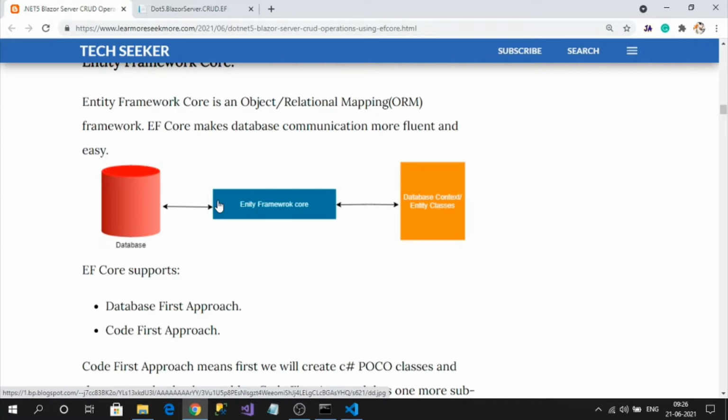Okay, so there should be one parent class in our application code that is called DbContext. So what does DbContext mean? I mentioned that every table should have an appropriate class in our application. So all these classes should be registered in this DbContext class. This DbContext acts like a database in our application, so it has the capability to communicate with the database. That's about Entity Framework Core.